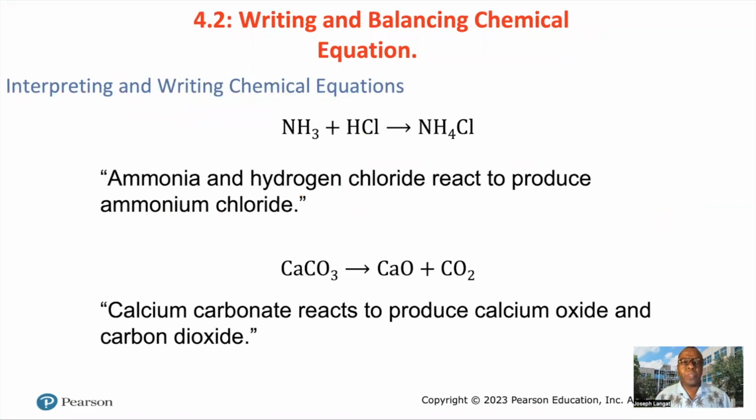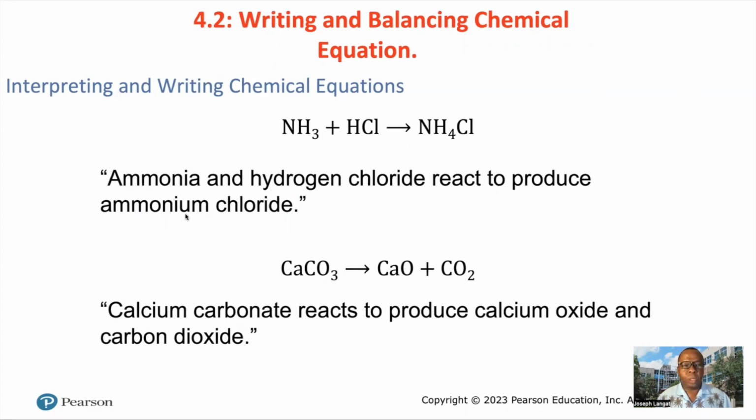I know you can go through the PowerPoint slide. You should be able to interpret it. Look at ammonia reacting with HCl to form ammonium chloride. By now you should be able to interpret a chemical equation using the names. Ammonia, we learned earlier on, and hydrogen chloride, HCl. You see this hydrogen chloride react to produce